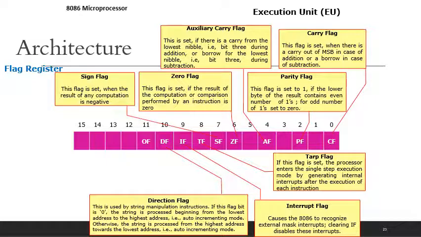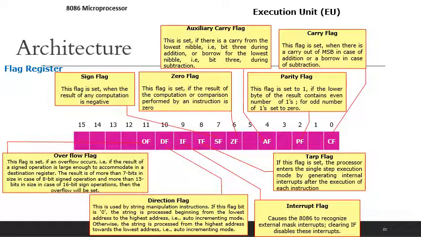Direction flag. This is used by string manipulation instructions. If this flag bit is 0, the string is processed beginning from the lowest address to the highest address, that is auto incrementing mode. Otherwise, the string is processed from the highest address towards the lowest address, that is auto decrementing mode. Overflow flag.